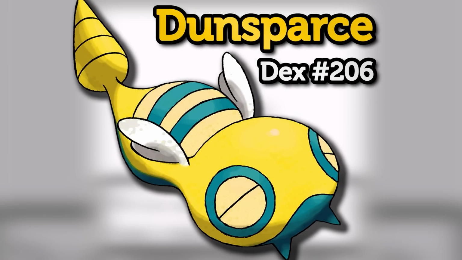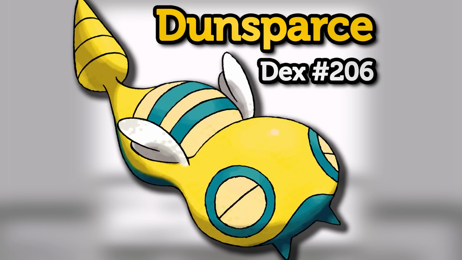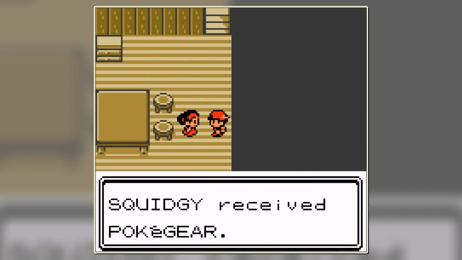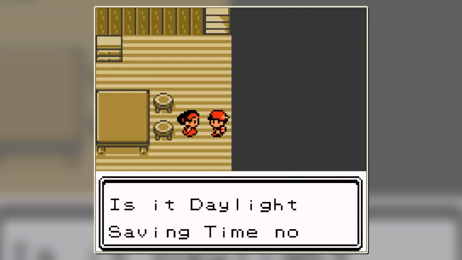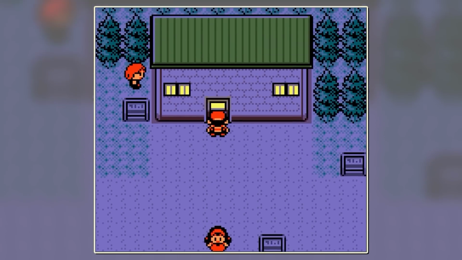Dunsparce is the next Pokémon to take on the Pokémon Crystal Challenge. Let's see how it gets on. I've always found Dunsparce to be a little bit middle of the road. It's got phenomenal HP, but in the stats we're looking for in a challenge run, namely attack and speed, it